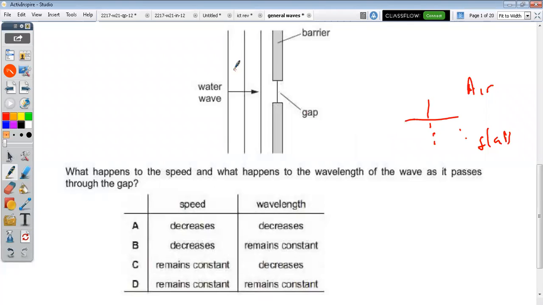Now my question is, this is water. Is this not water here after this? It's water. So if it's water, it means the density hasn't changed. Are we together? The density, yes, because we are still in water. It's just a gap and open. So why do you think the speed should change? The speed change is due to change in density.